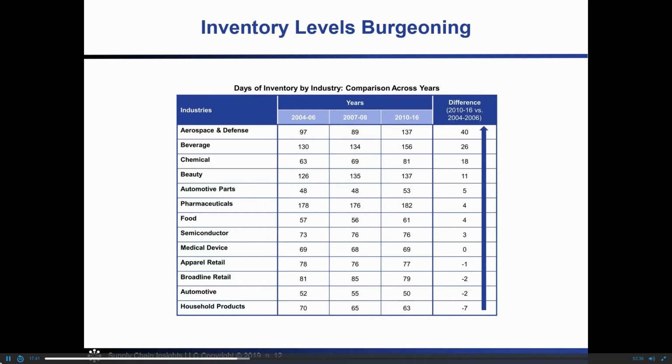And you can see here that inventory levels post the Great Recession are higher than they were pre-recession, despite the fact that we spent 1.7% of revenue on technology in this space. And this is because people are not taking the demand error and thinking holistically about inventory in form. What form should the inventory be?